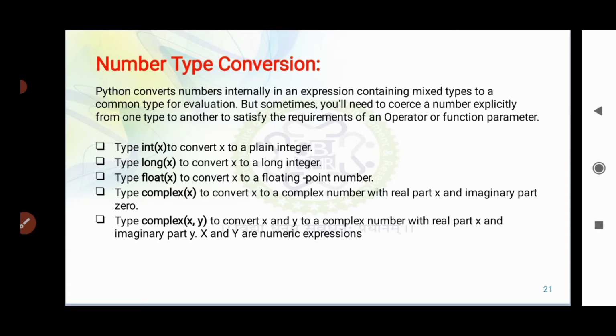So if you use the function int of x, it will be used to convert that particular x value to a plain integer. In the same way, you can use long of x, float of x, and complex of x.